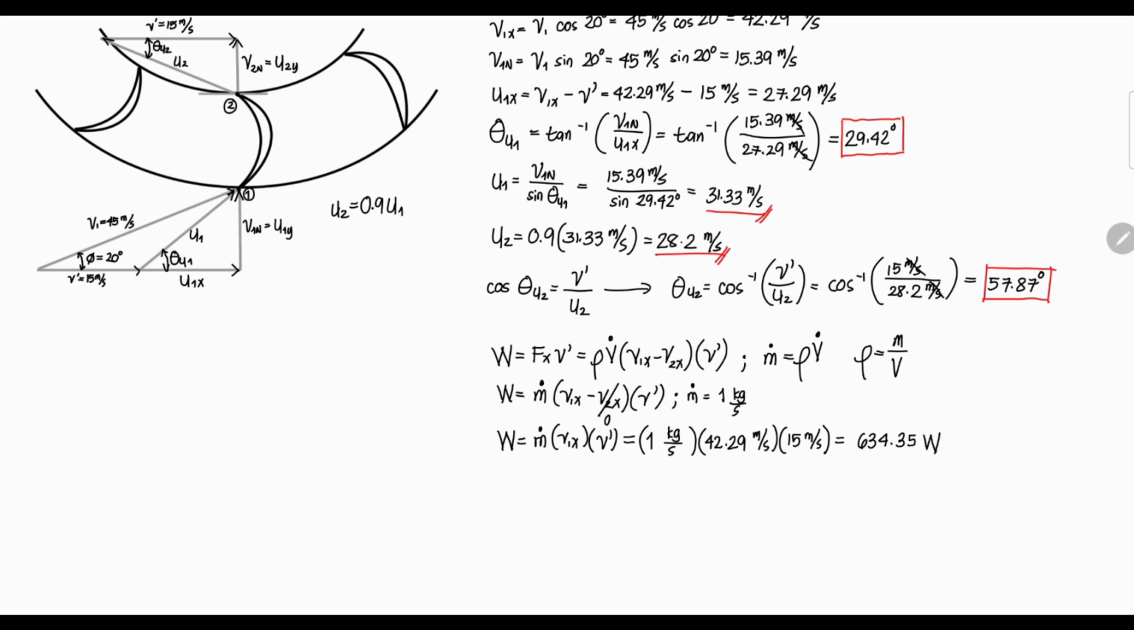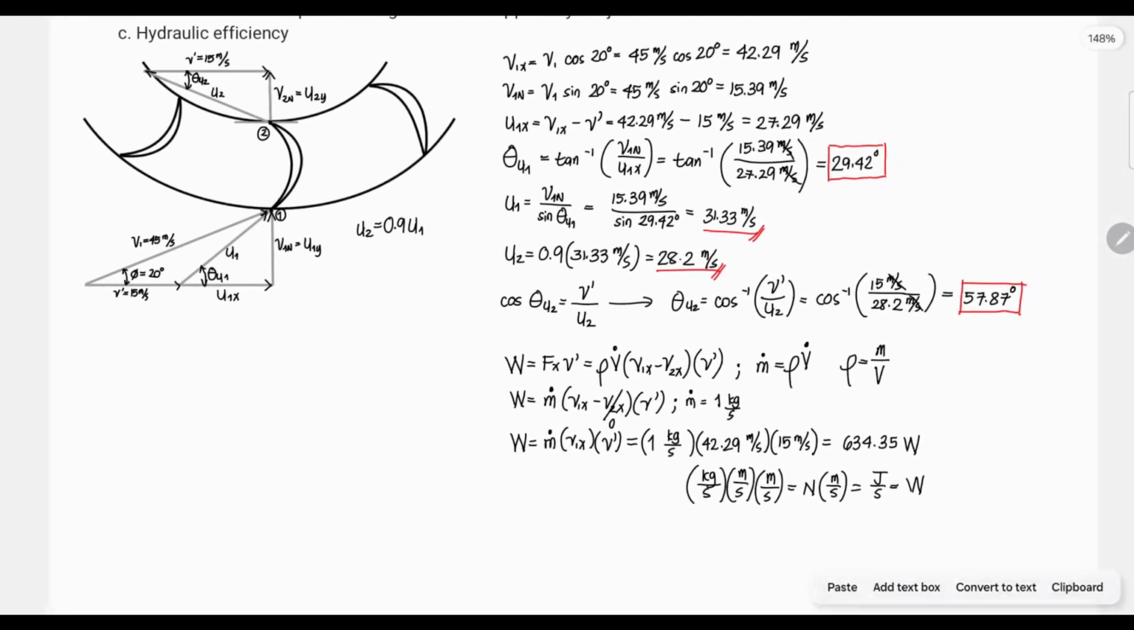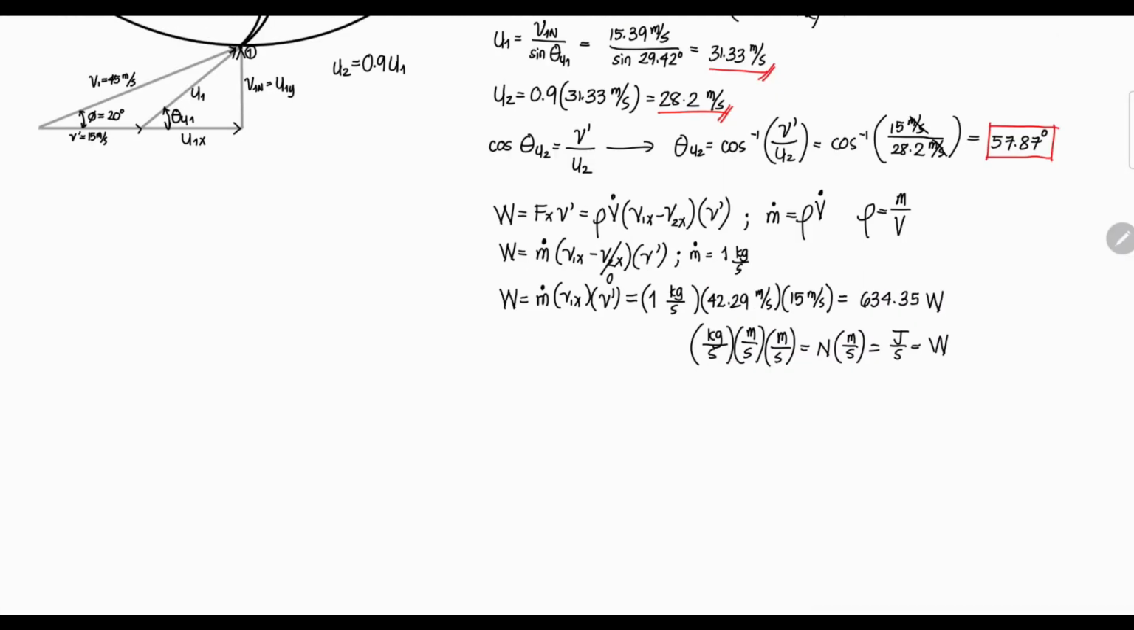watts. So how did it become watts? So that is kilogram per second times meter per second times meter per second. So kilogram meter per second squared, when we multiply this, this is Newton. Newton times meter per second. And Newton meter per second is equal to joule per second, and joule per second is equal to watts. So that's why the unit for our work became watts. So this is now the value of our work,